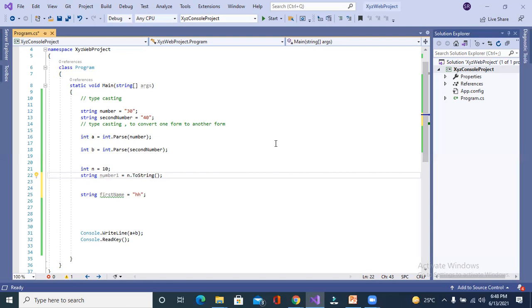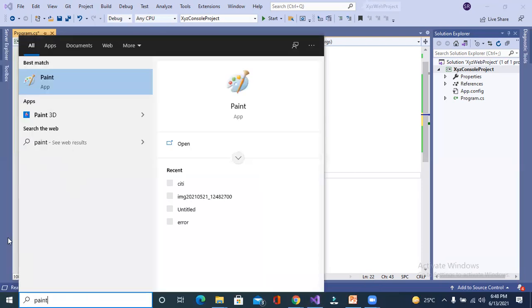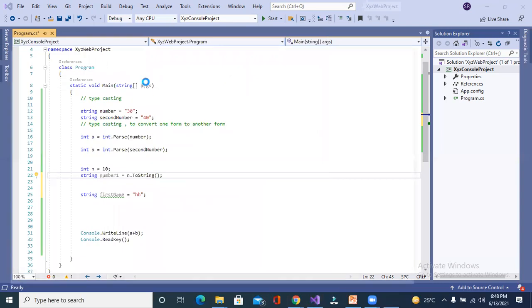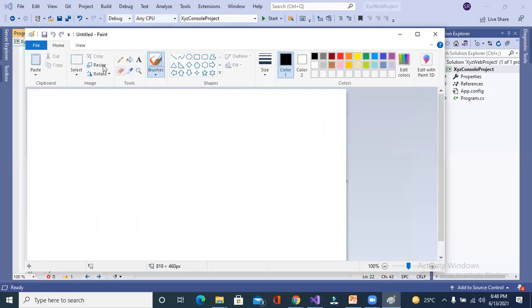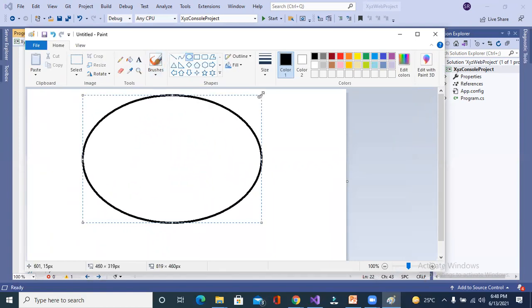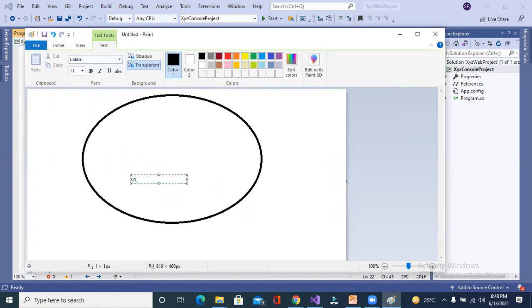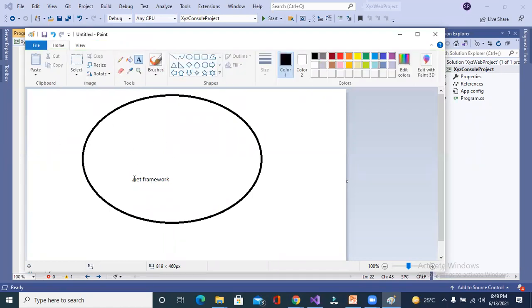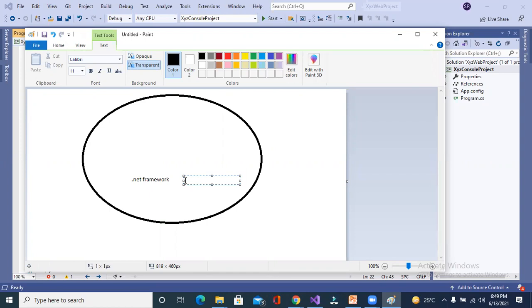Like, for understanding, let me do one more thing. I opened my pen. Let me make one picture here. Just suppose this one is the .NET Framework. Entire is the .NET Framework. The .NET Framework has many features, inbuilt classes, methods, many things.